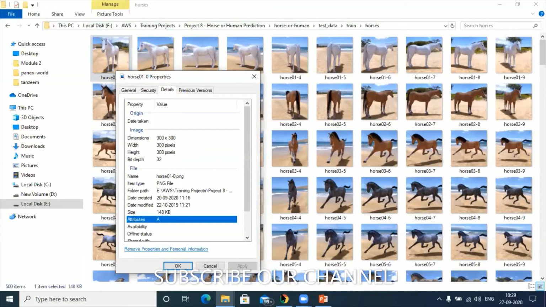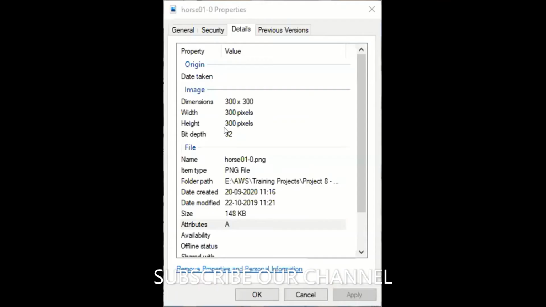Have a look at the details, the dimensions. This is very important. Dimensions are 300 into 300. All the pictures of the horses are 300 by 300 pixels, width and height. The depth is 32.